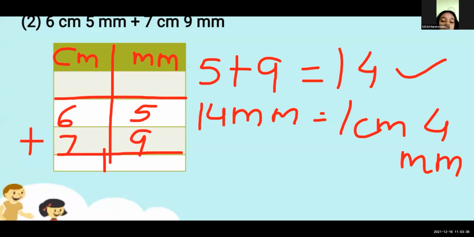1 centimeter. Harsha, just wait a minute. Tell me now one more time. Harsha, tell me, what will the next step be? 1 centimeter in centimeter, 4 millimeter in millimeter.